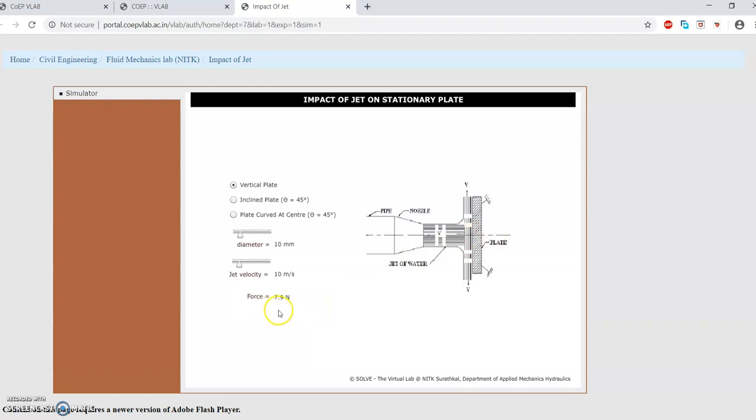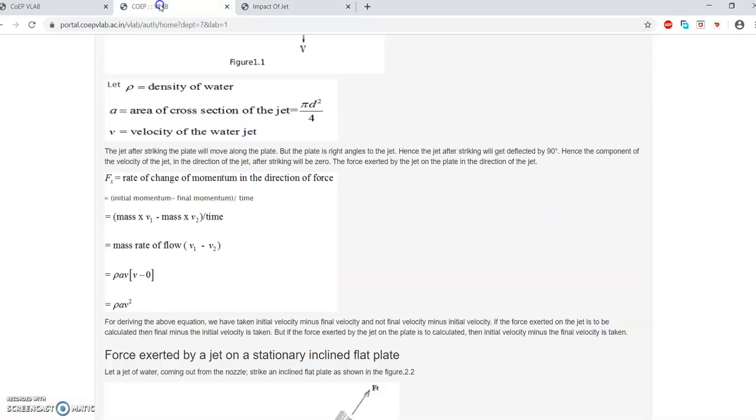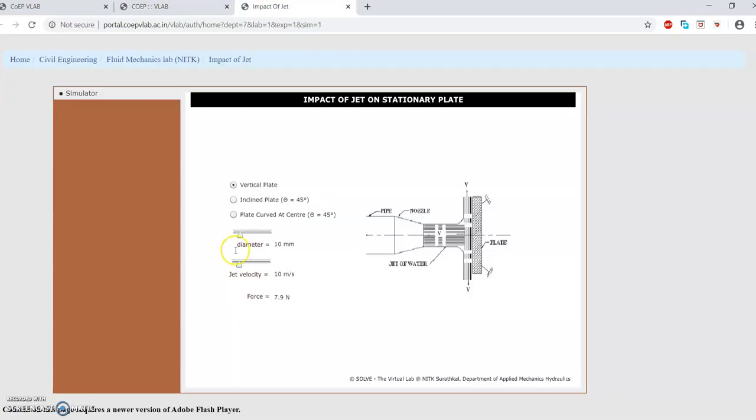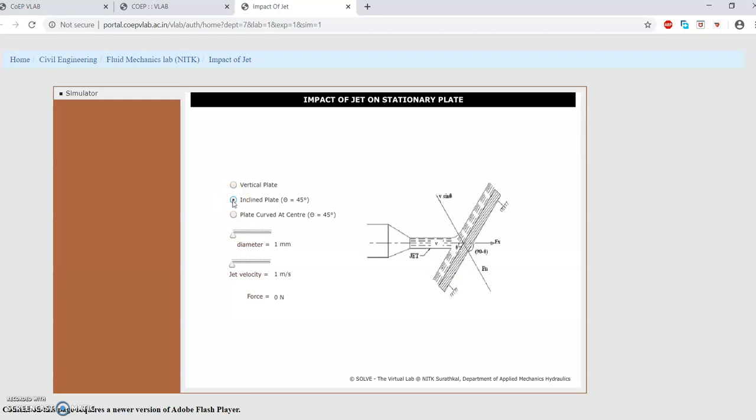What you can do, for the sake of curiosity, is find out this force and compare it with this formula. You will find it same, right? Similarly, you can do for the remaining two plates. Let's see, if you go for the inclined plate, look at the diameter here, let's say 10 mm. Let's take the same condition here, where we can compare all the three cases. So we can see here force is 5.6 Newton, slightly less than the previous one.